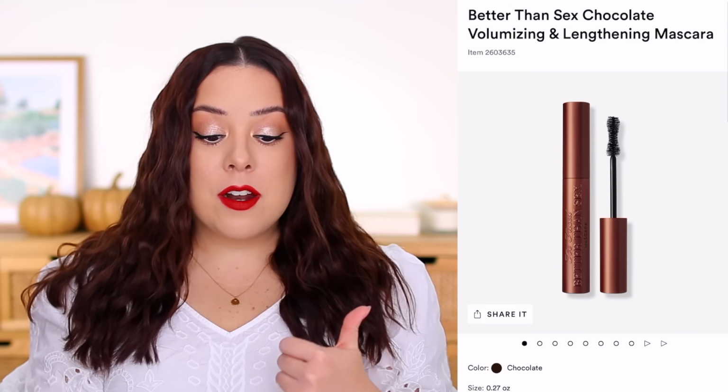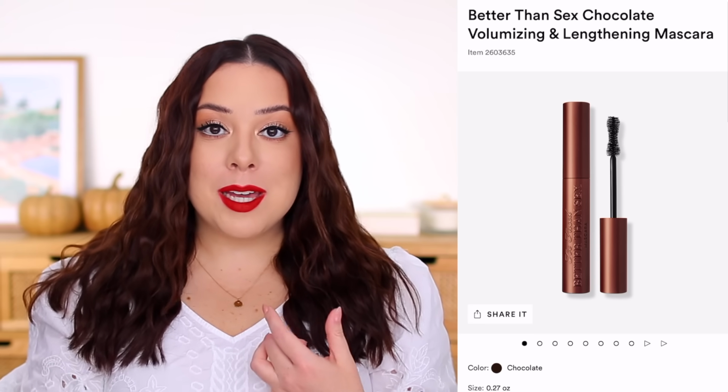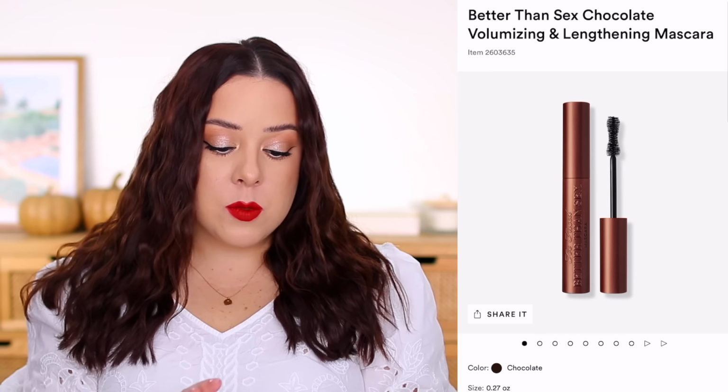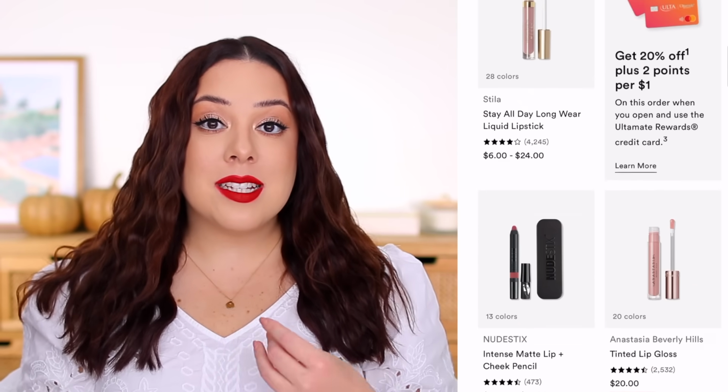The Too Faced Better Than Sex Chocolate Mascara. Brown mascara is definitely having a big moment right now. I do like the Tower 28 one, but I haven't tried too many other options, and I keep seeing this one on TikTok. Another really good deal that they do typically have during Black Friday: $12 select lip products, usually from high-end brands. So there are a ton of options on sale